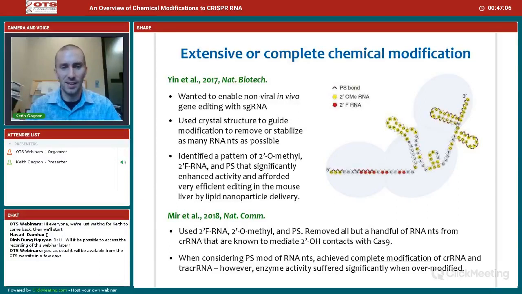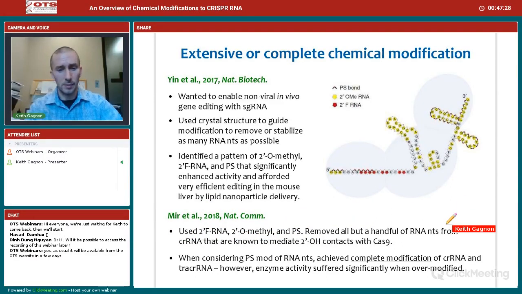So I was just saying about this paper that I liked that they went into mice and they showed editing and that they got improved editing with this chemically modified version. Another paper that I really liked was Mir-Adol. This came out of UMass. It's a collaboration with John Watt's lab, Anastasia Korbova,